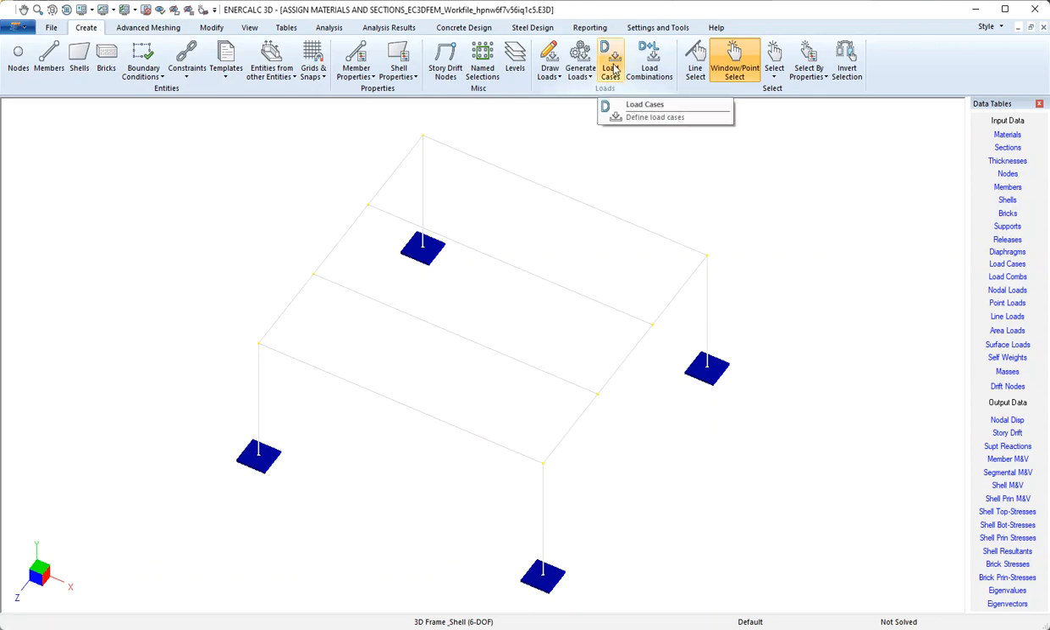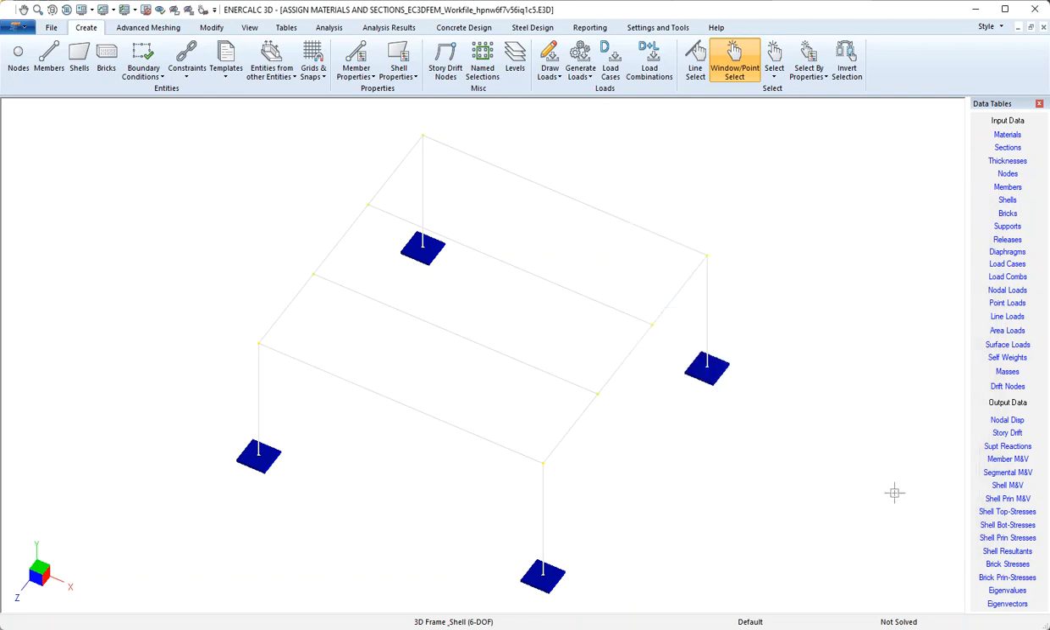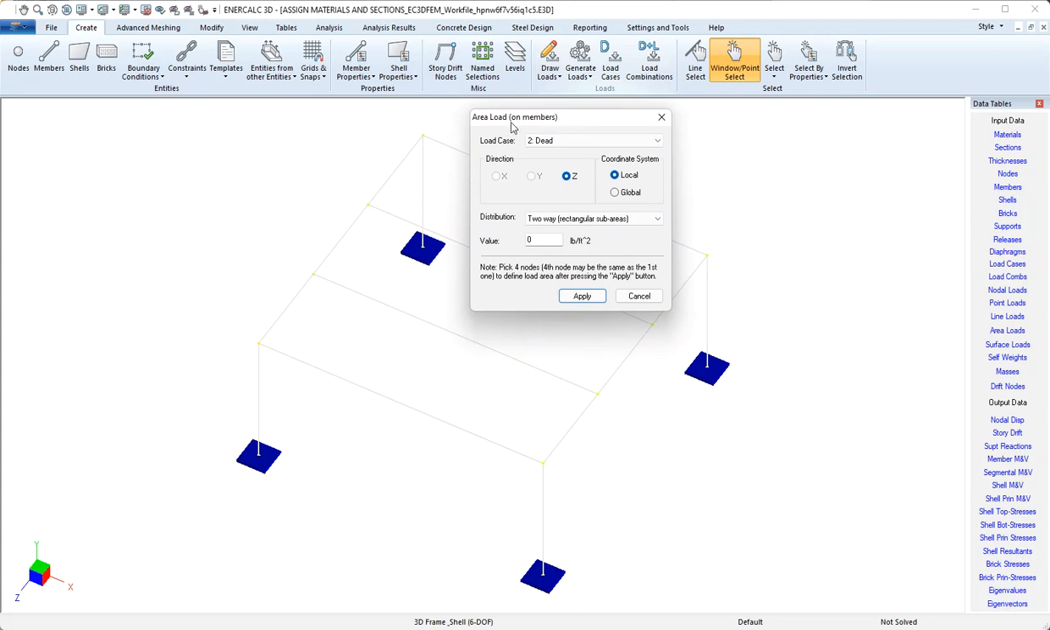Before we do that, I'd just like to show that I've predefined some load cases in this model so that I have some cases to insert these new load items into. In order to use the area loads tool, I'll just click on draw loads and then come down to area loads. The area load dialog reminds us that the purpose of the tool ultimately is to get load applied to